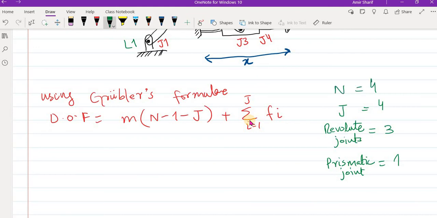And since this is a 2D diagram, a 2D representation of the mechanism, in this case M will be equal to 3. So once you have found these parameters, now you just have to put the values here: 3 times (4 minus 1 minus 4) plus, so each joint has the